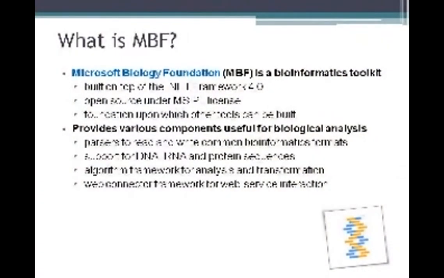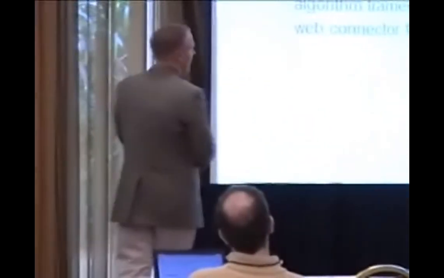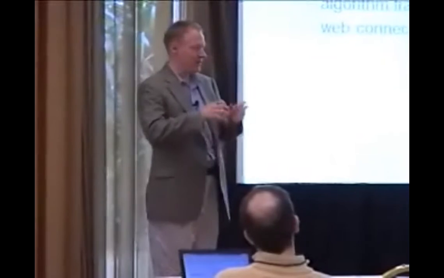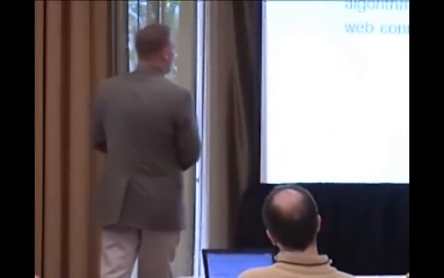Well, where I'd like to start is kind of to echo a little bit of what Simon said, but more on the technical side of what is MBF. Well, if we were to actually condense it down to say, what are the core pieces that are provided with MBF, it really is a bioinformatics toolkit that allows .NET programmers to build biology-based programs that can load, analyze, manipulate, and visualize sequences, and then write them back out. All right? That's the basis of what it's all built on.